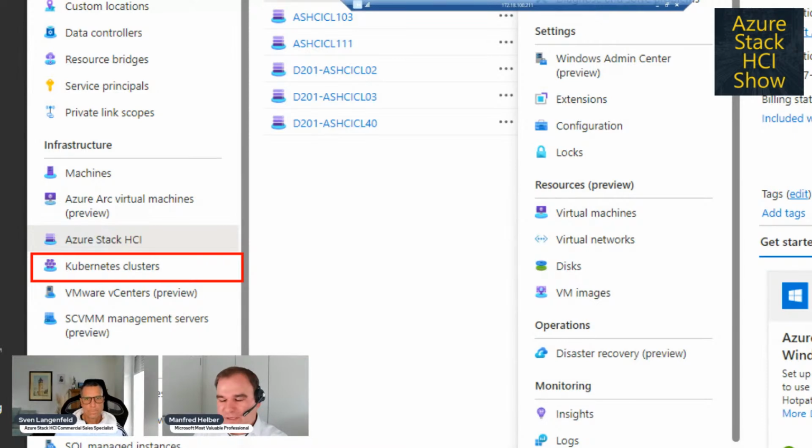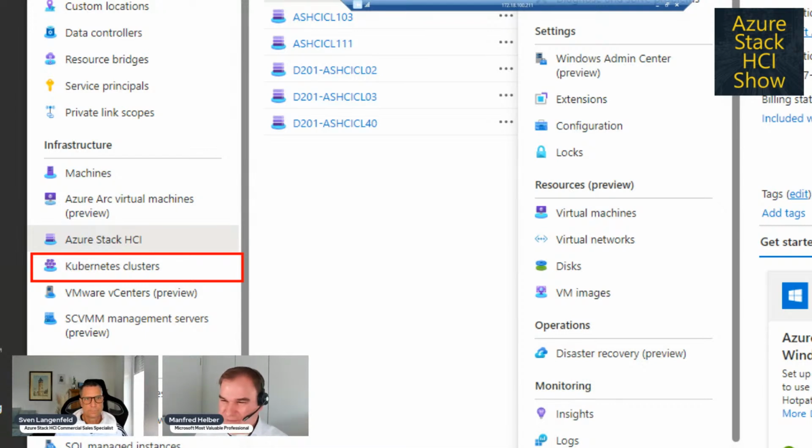We don't need the resource bridge to deploy virtual machines or to deploy containers if it doesn't matter for us how we do it. But if we want to use the power of the Azure portal to deploy virtual machines, where I usually have the focus, or containers, where some companies are already very involved, then we need the Azure Arc resource bridge.